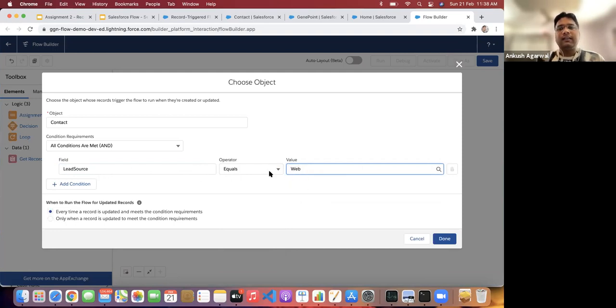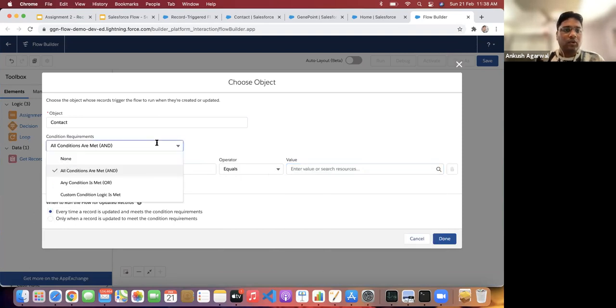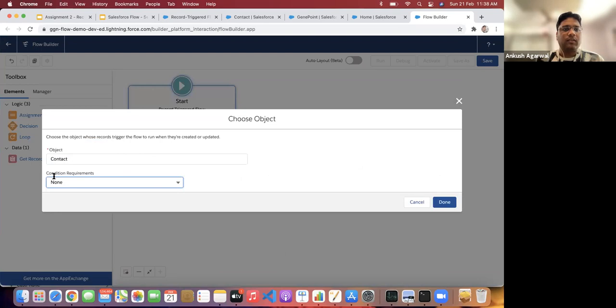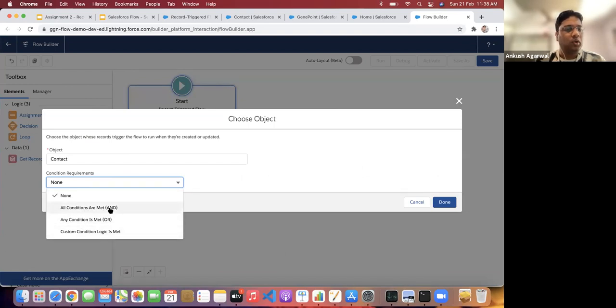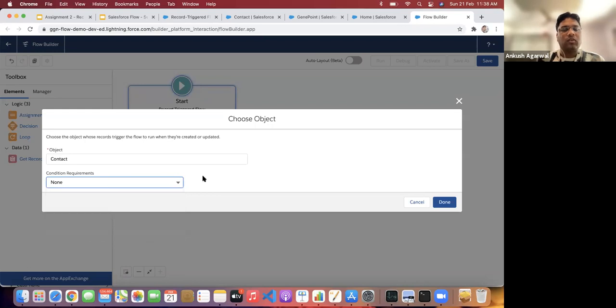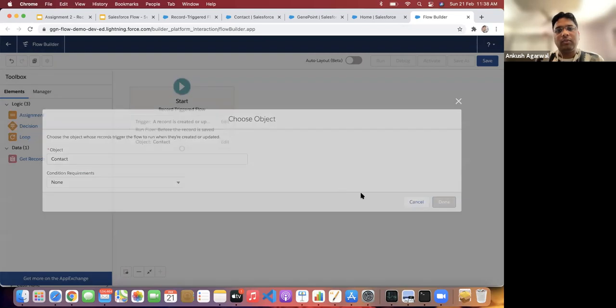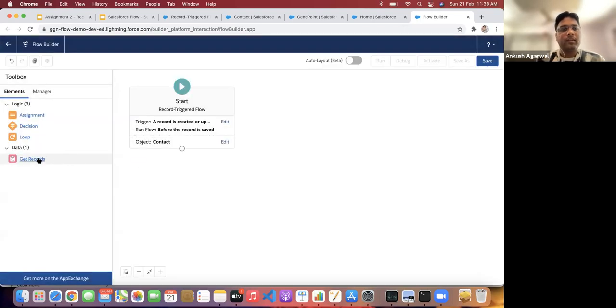I can add this condition over here, but I don't want to use any condition. So I can select none, or you can select these three different types of requirements: whether all conditions should be matched, any of the conditions, or you want to customize the logic. For now, I'm not adding any condition. For all the contact records, we want to perform some operation.